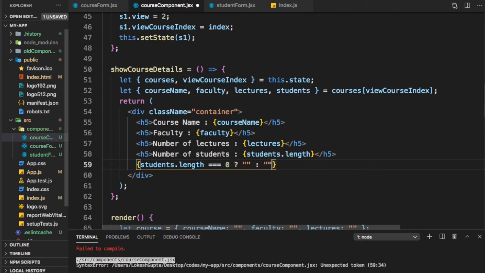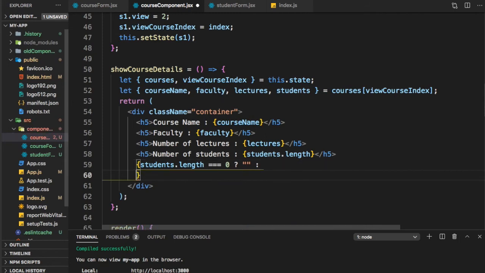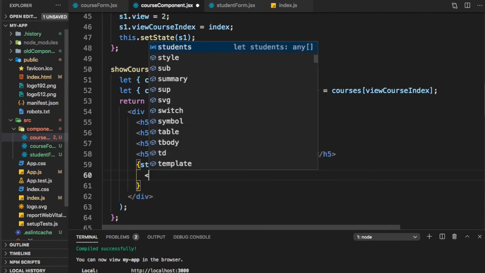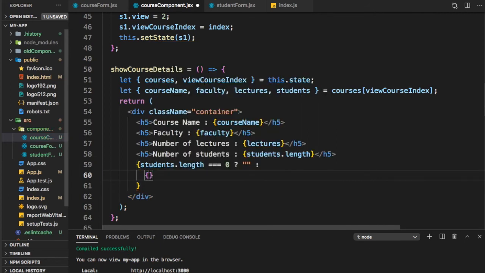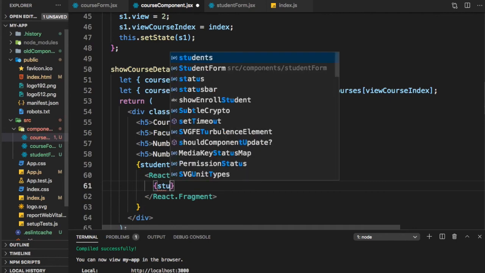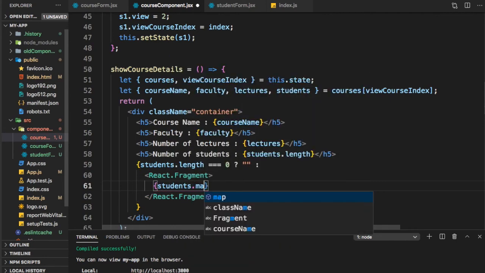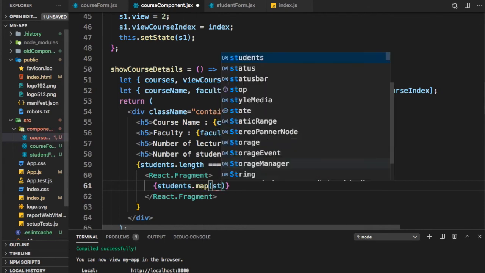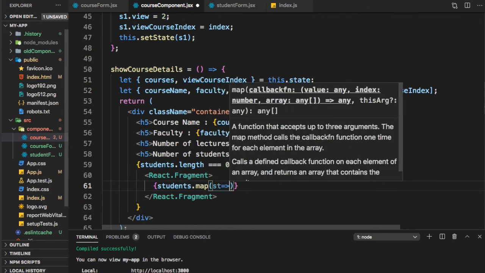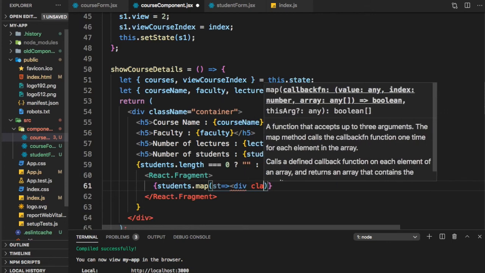So let's create it. So here, what do we want to show? Div stu. Let me put it in a react dot fragment. Students dot map student goes to, and we will just create a row.